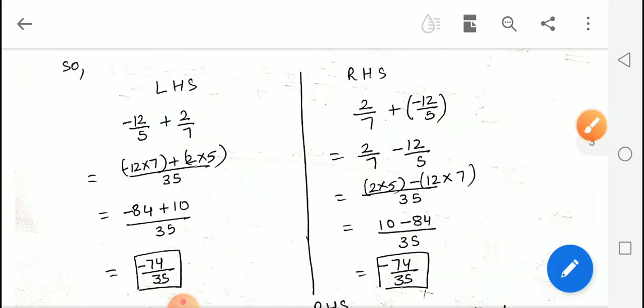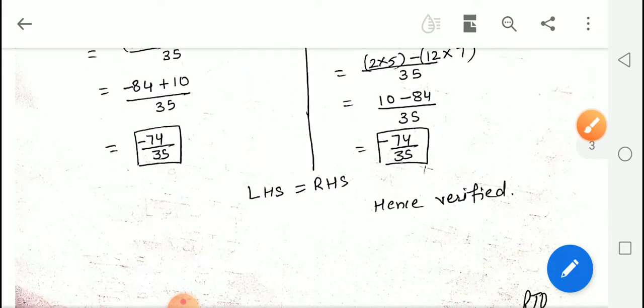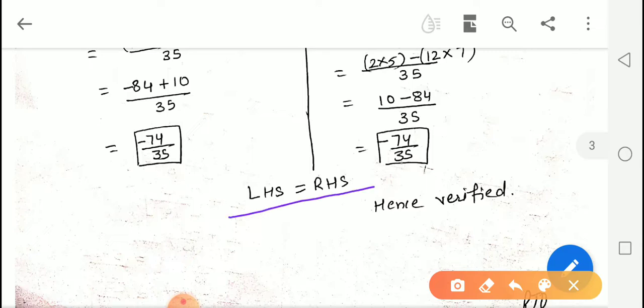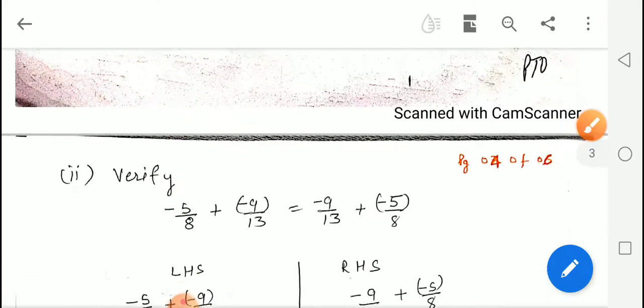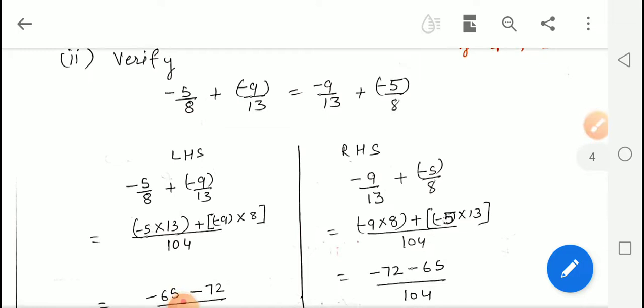So left hand side and right hand side are equal. Left hand side and right hand side are equal. Hence we will write here: hence verified. Now let us do the second part. Here again we have to verify